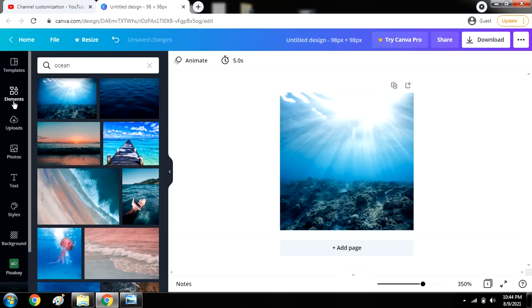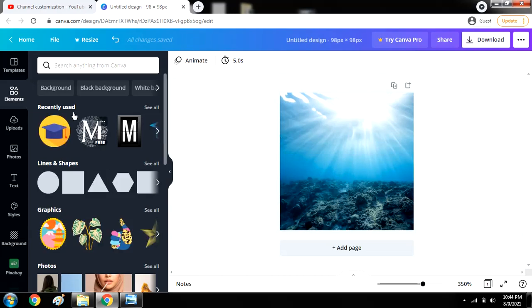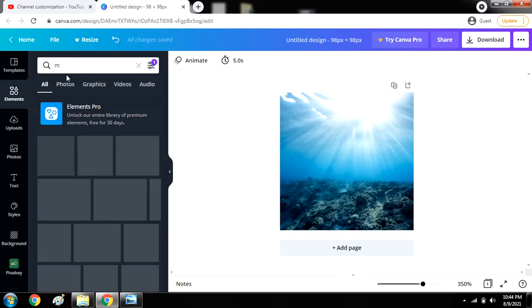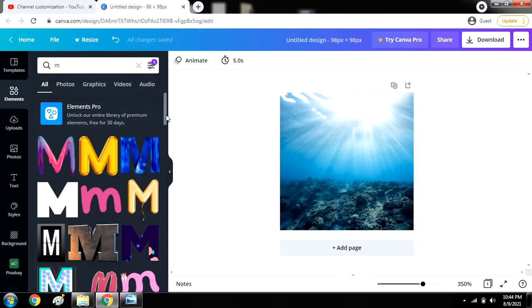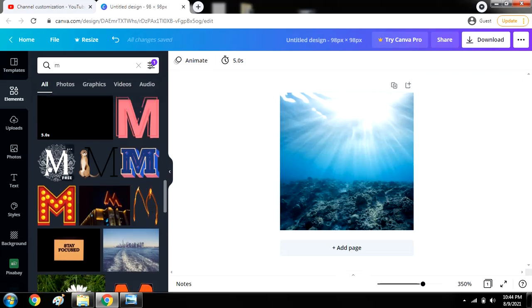Okay, so you can choose any element to make your logo. Just search any letter or any word you want, like in my case I'm just typing M. It is showing many results regarding that. I'm choosing this one.